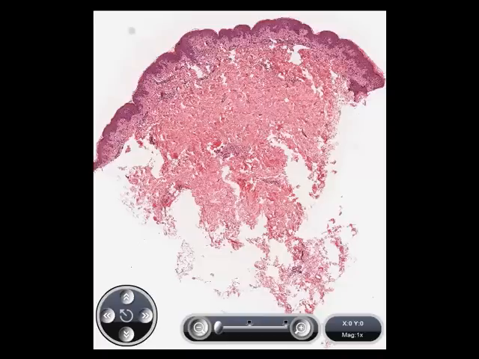So what do we see on low power? Well, the first finding is that of a little bit of hyperkeratosis within the stratum corneum. The epidermis at this power is mostly unremarkable. Within the papillary dermis, we can see a superficial perivascular and somewhat interface inflammatory infiltrate. Now, as we go to higher power,